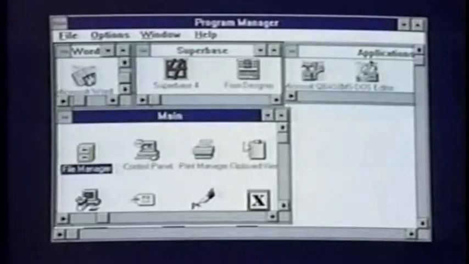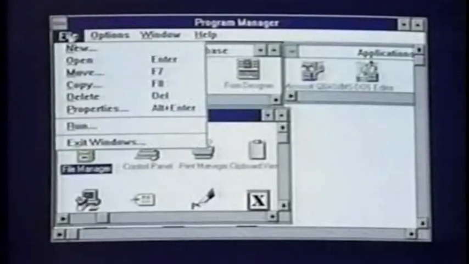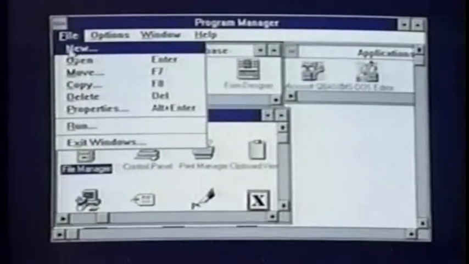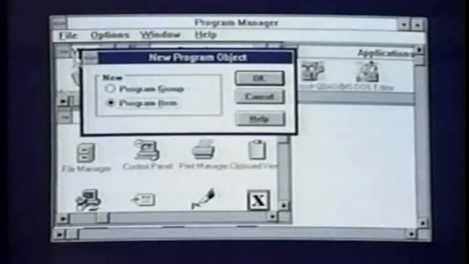The next job we need to do is to actually create a group window for Cubase. This is easily done by, under the File menu, we'll click on there, and the first item is New. We want to click on that. This brings up a special screen with 2 names in it: Program Group and Program Item. First of all, we're going to use the Program Group to actually add our program into a window. So by clicking on Program Group and OKing,